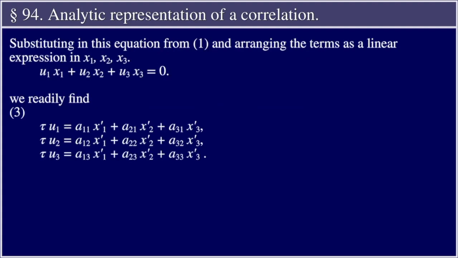Substituting in this equation from equations 1 and arranging the terms as a linear expression in x1, x2, x3, u1 x1 plus u2 x2 plus u3 x3 equals 0,